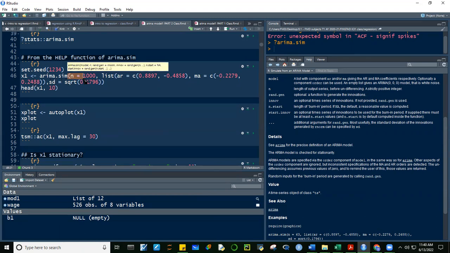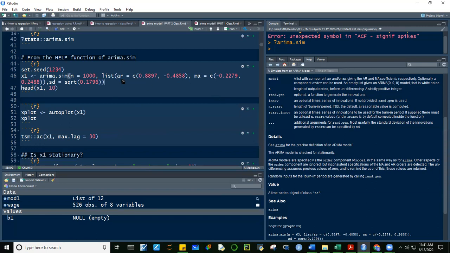Okay, ilang observations? Let's create 1,000 observations. And then ililist natin, guys, ano yung AR component at saka yung MA component.